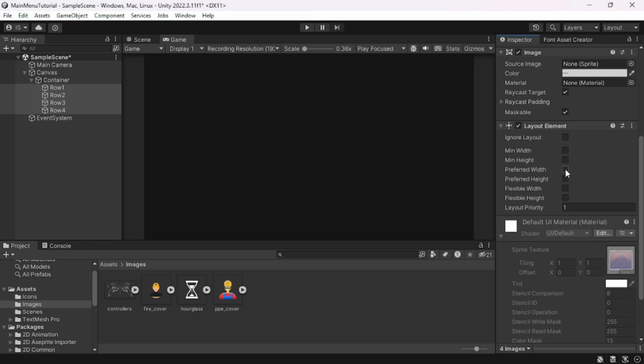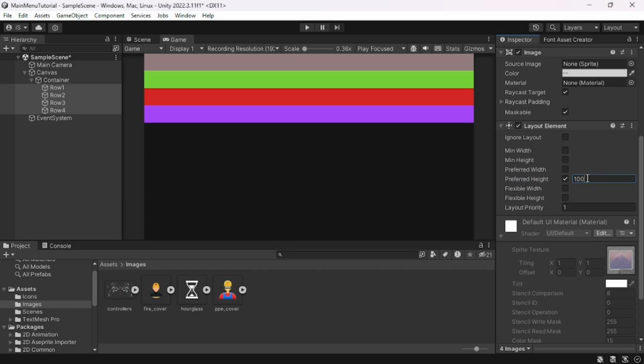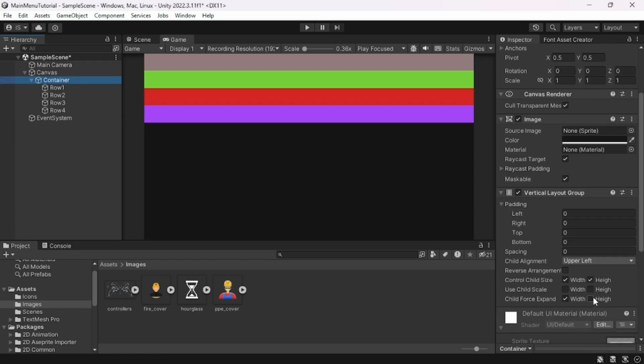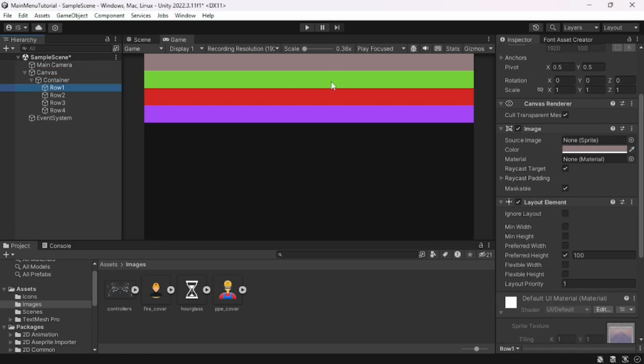You can see that now all the rows have a height equal to 100 pixels or 100 units in Unity. So this is why I have unchecked this box, so that I can modify the height of each row independently. For example, if I want to make the first row take 500 pixels, I can do that just by